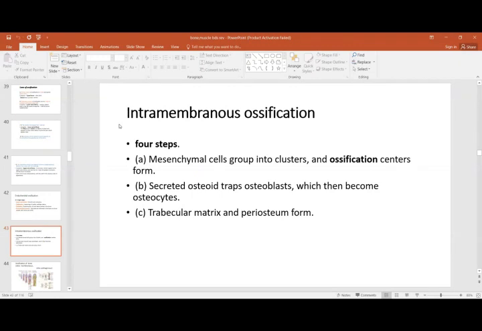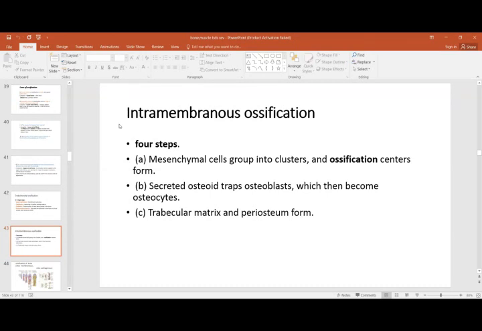Intramembranous ossification is just 4 steps. That is where you have the membranous portion. There a small point is labeled as the ossification center. The cells group together, and the ossification center forms. These cells produce an immature bone matrix, which is called the osteoid. When this osteoid is formed, it traps or encloses the cells which are there. They are not supplied with nutrition, so they die, and then they are replaced by the osteocytes, the trabecular matrix, and the periosteum is formed. So that is exactly where you have the change from the cartilage to the bone.